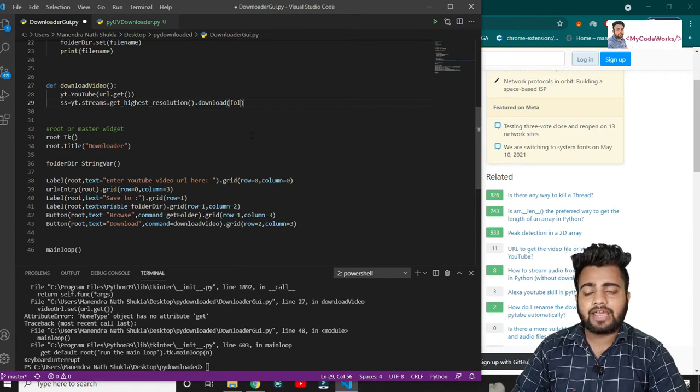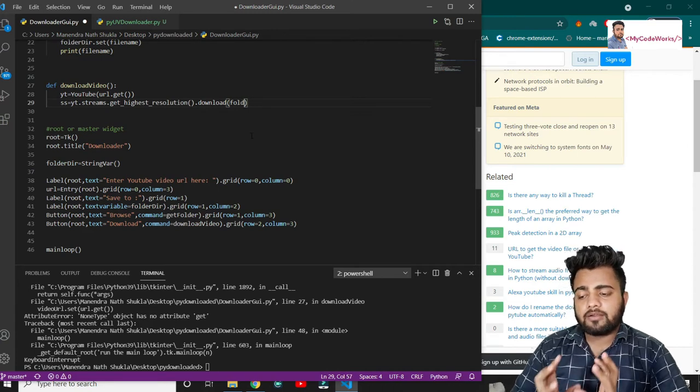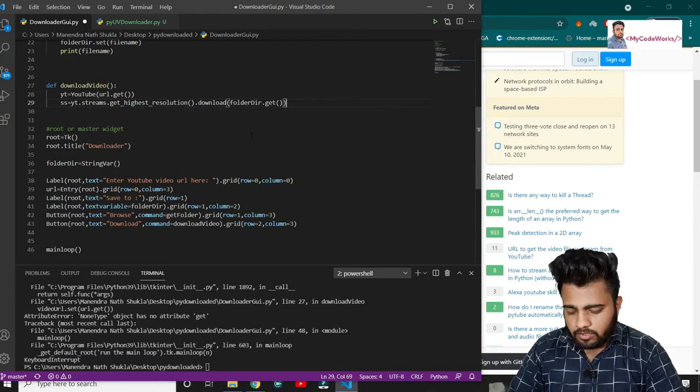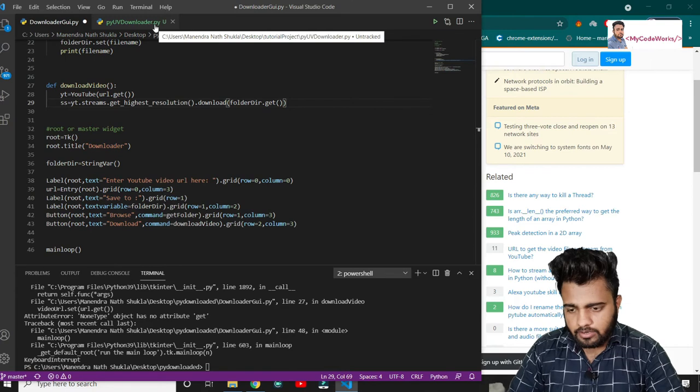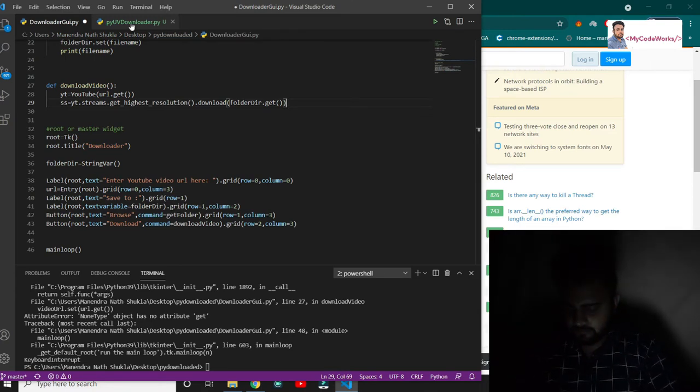It's a string variable. If I pass folder directory directly, it won't work, since it will be a Python variable. In order to get the value of this variable, we are going to use the get method. So folder dir dot get.